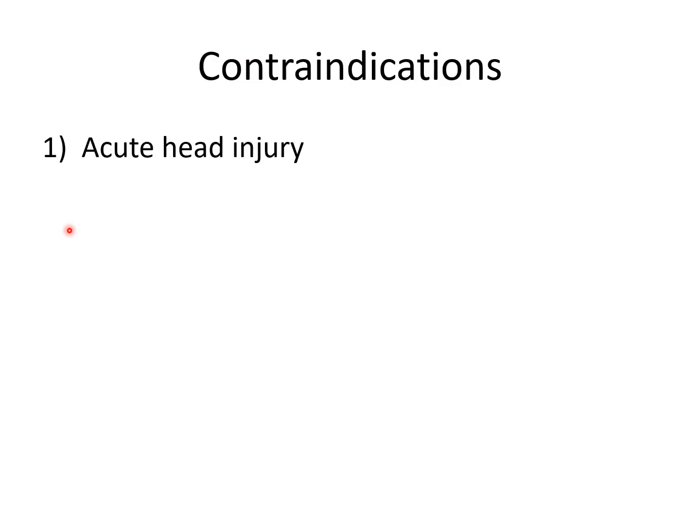So now let's talk about contraindications of using morphine specifically, and probably that applies to other opioids. The first one is acute head injury. Although this is not an absolute contraindication, physicians usually, when a patient comes after a road traffic accident with a head injury, prefer to delay the use of opioids for multiple reasons. First,